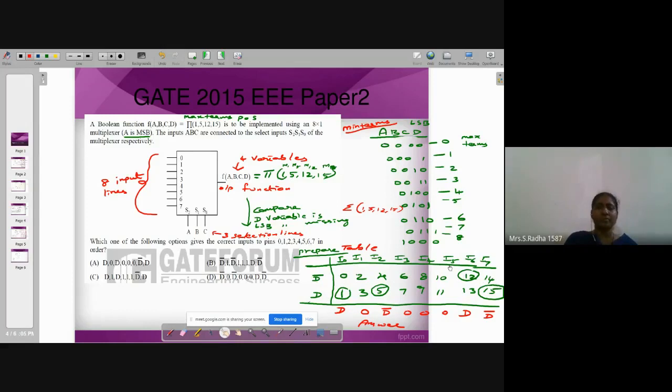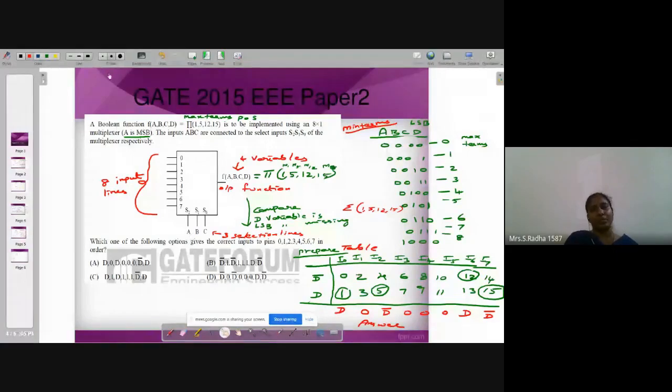If you are making MSB as input, then you have to write horizontally 0, 1, 2, 3 up to 7. After 7, you have to go with 8, 9, 10 in the second line. So that procedure is different. If you are making the MSB bit as input, and selection line A is absent, then you have to go like that. All this discussion I have done with min terms.